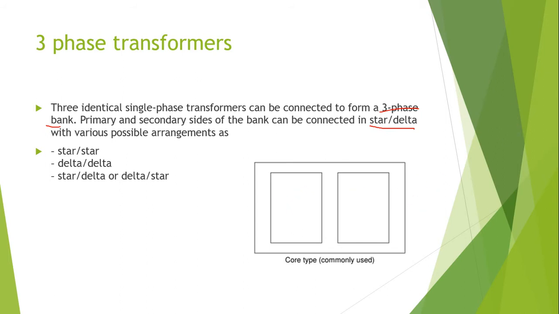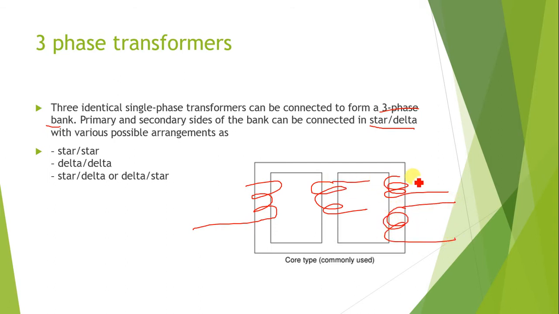Double window type of core. So why double window type? We have to get three windings. Maybe the primary will be made on one side, and two secondaries can be obtained on one particular core. So three individual windings can be wound in this fashion, or in the central part you might have a primary, and on either side you will have windings. The possibility is there. So like this you have a core that is having a double window.